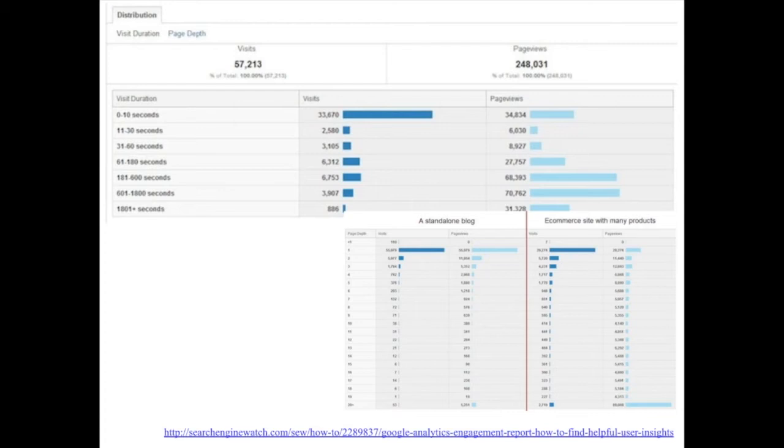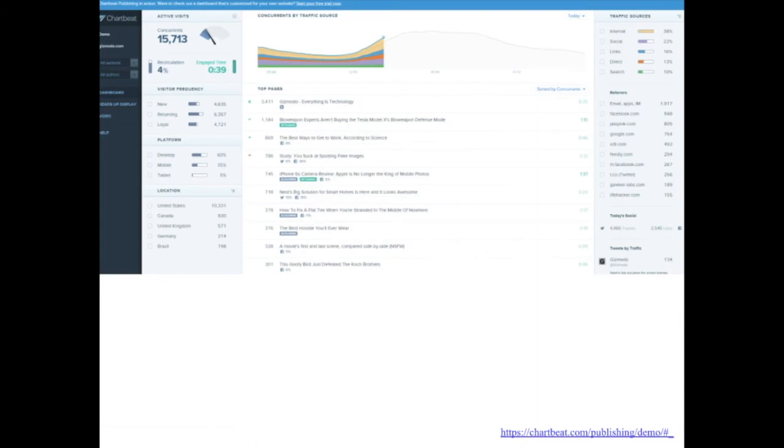Equally, in a different view on Google Analytics, we have measurements of how long people spent on a particular page and how many page views there were. Other analytics tools like Chartbeat can provide other analytics details. They can tell us where people have come from, how many have shared, and other details that might be relevant to what we're interested in. Now, Chartbeat tends to focus on live data rather than historical data as well.